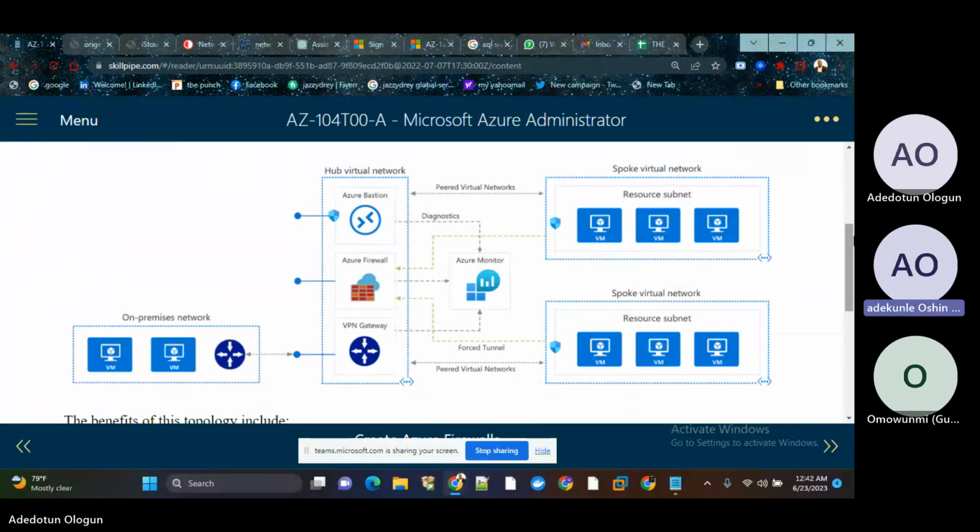This is the first Azure Monitor, first virtual network, hub and spoke, hub virtual network, spoke virtual network, Azure Firewall, Azure network. So this is just